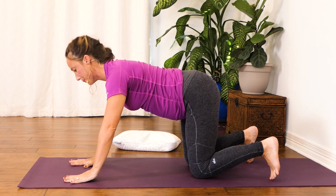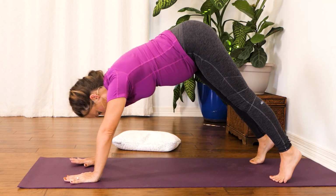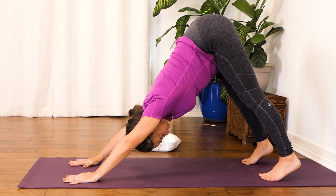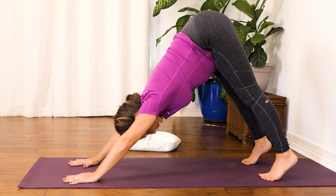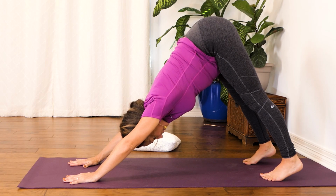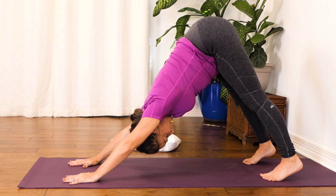Nice wide stance here. Go ahead and press on up into downward facing dog, wide-legged dog. And again, just feeling that space in your mouth, keeping the jaw relaxed. Go ahead and tuck the chin in, allowing your neck to